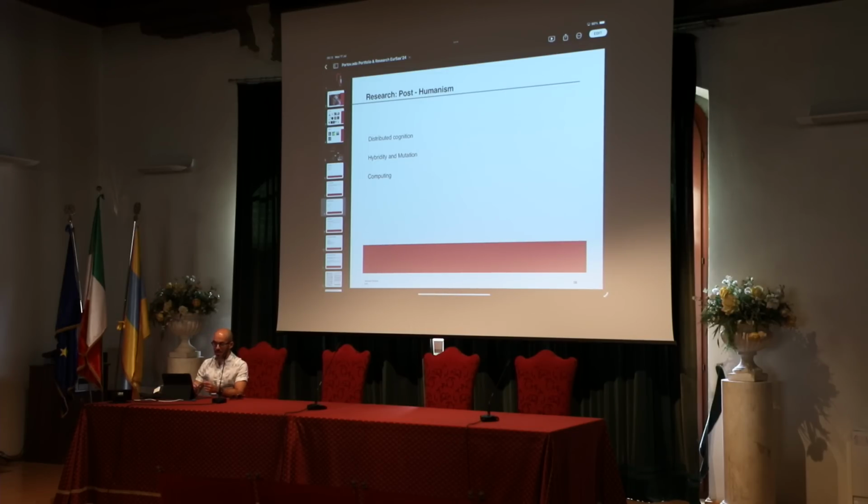Why is this music hybrid and why does it have mutation? Because all the effects and all the technology are mutating the sound, transforming the material, sometimes in real time, sometimes fake real time, but it doesn't matter. Now we have the possibility to treat the materials in a microscopic way, to change and reconfigure them, to give them different affordances or different meanings. And then again, there is all this idea of computers and now artificial intelligence, etc.